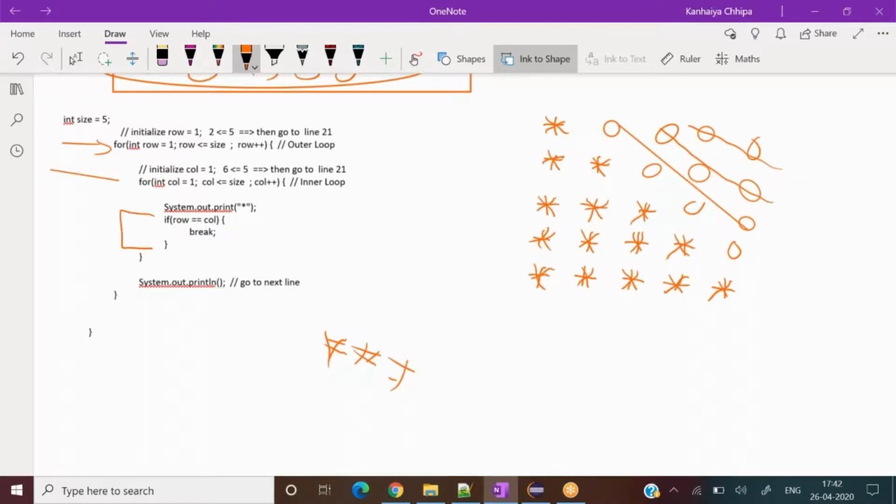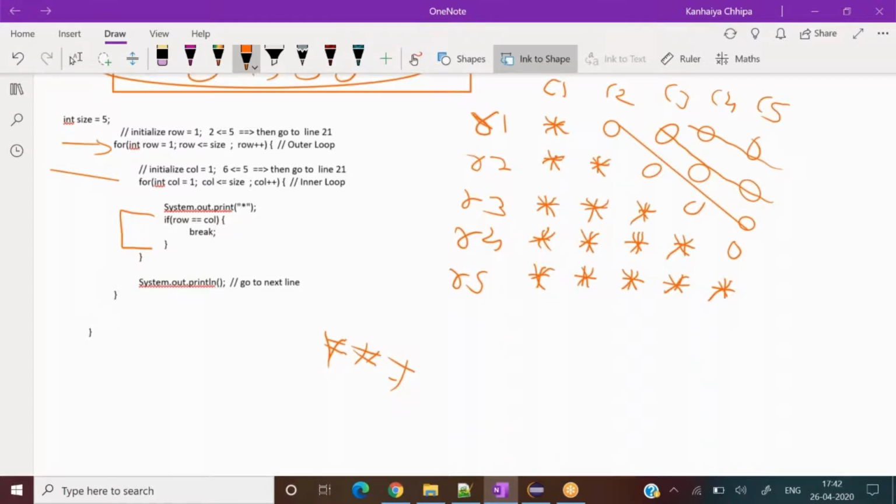See it carefully. When row is 1 and column is 1, this is called row. Let me write row 1, sorry, r1. This is row 1, this is row 2, this is row 3, this is row 4, and this is row 5. This is my column 1, this is column 2, this is column 3, this is column 4, and this is column 5.